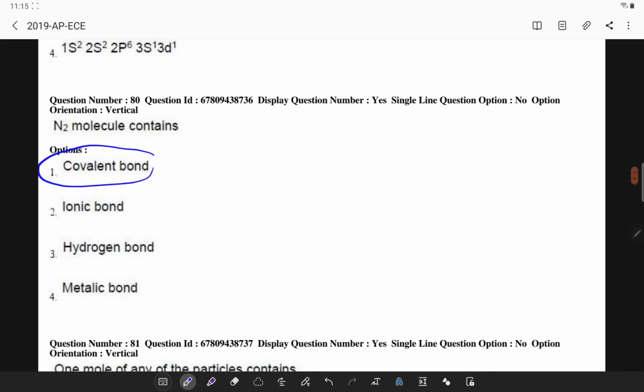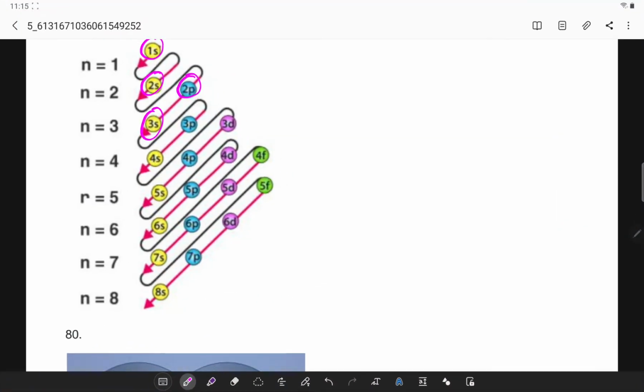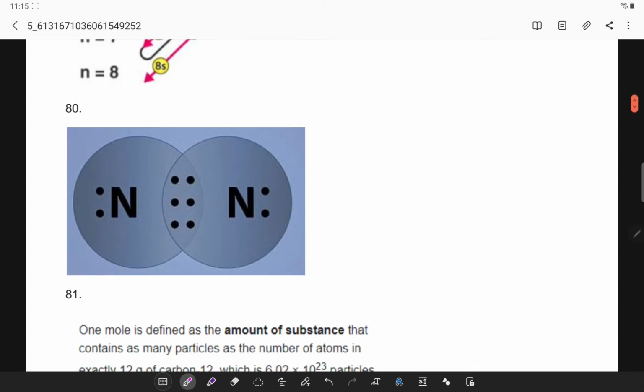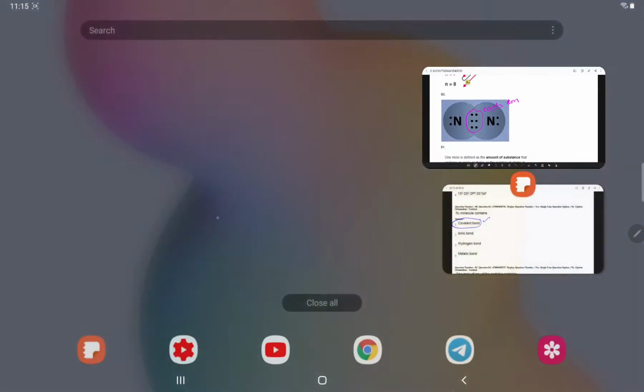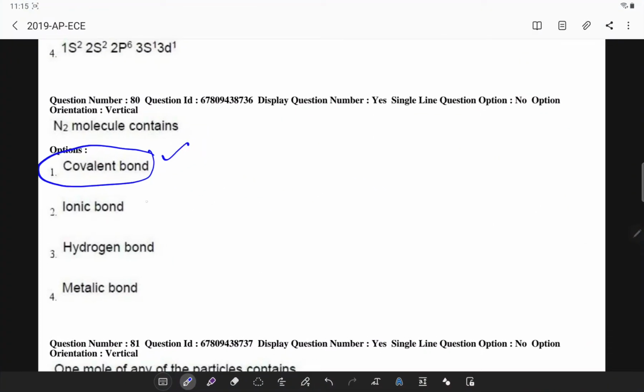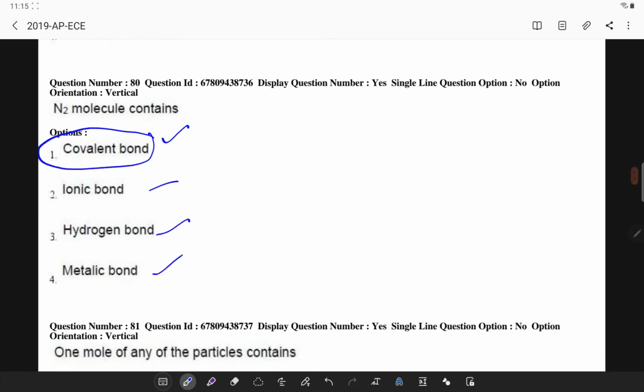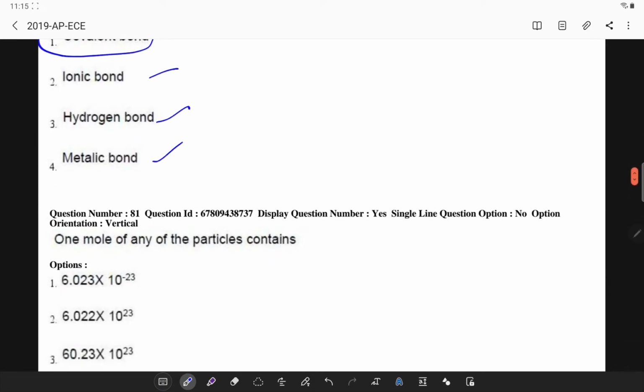so the nitrogen molecule contains, direct answer, a covalent bond. So see this diagram, nitrogen will have a covalent bond. So the homework here is, what are the different bond examples for each of these. Next question,